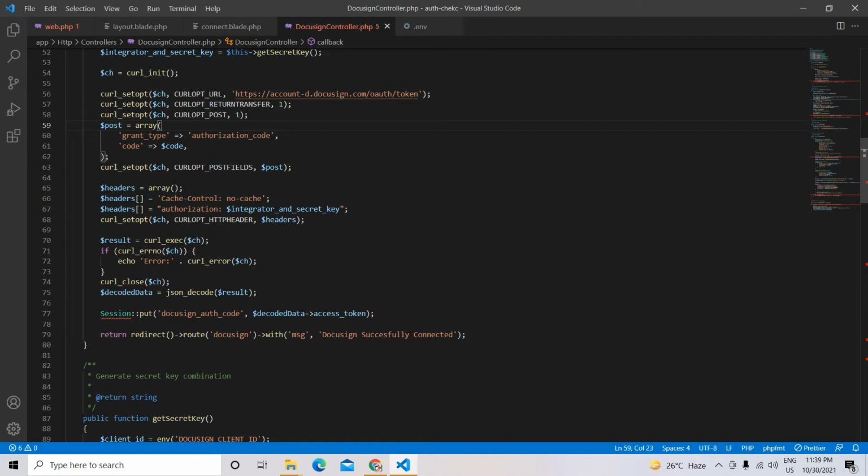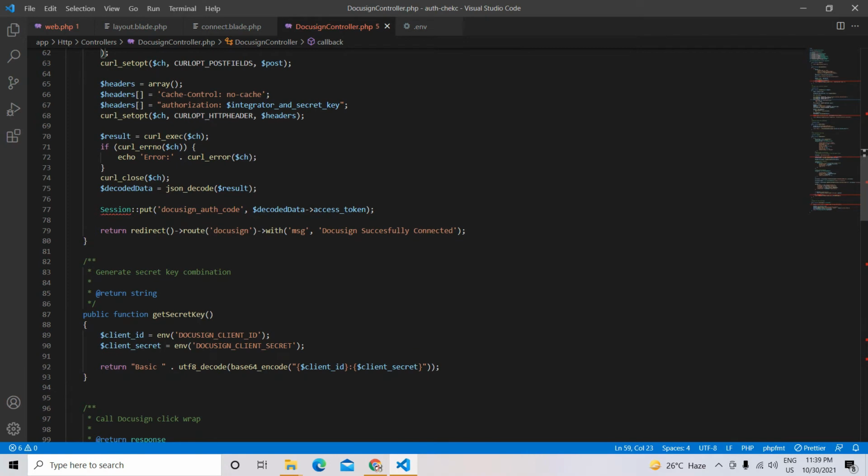Now when you move forward, you will get the access token which is required to do anything with the DocuSign API, right? This is a very important thing, because without the access token you can't do any kind of activities like the embedded signing or an envelope signing or the clickwrap agreement. It will not work. So it is a required thing. Okay. So now we have a DocuSign access token. What I have done here, I have stored this thing in a session.